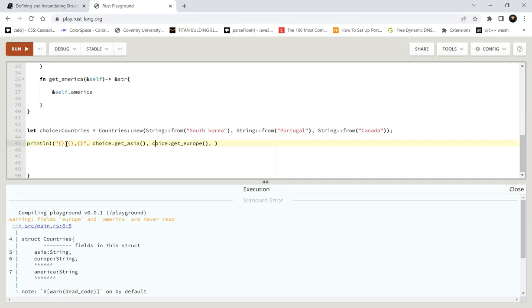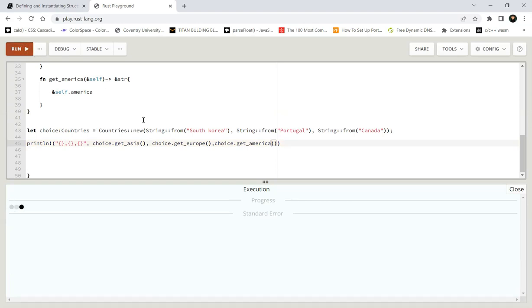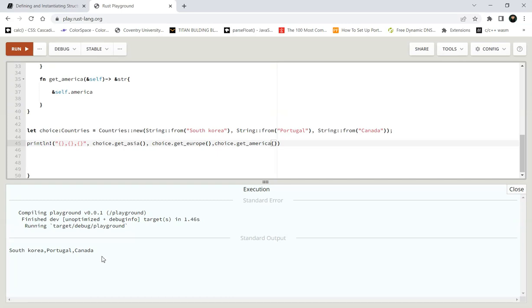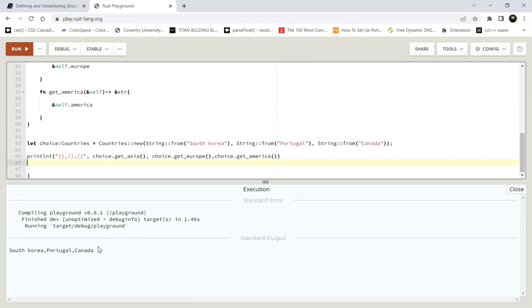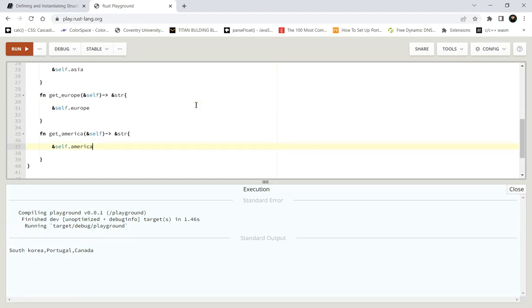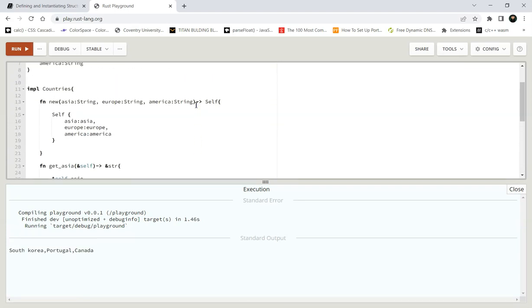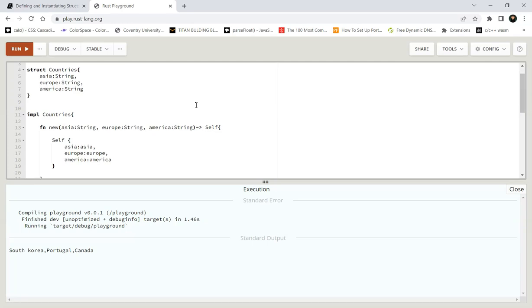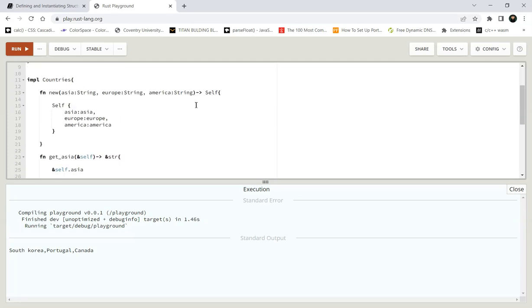Okay. Choice, copy, paste, get America. So there should not be any warning. Yeah, so I was right. So we use all the variables in the struct and we are not getting any warning, and we get our values. So these are the ways we could use implementation with struct,